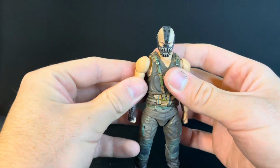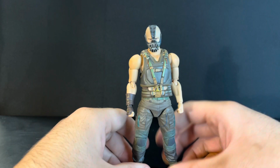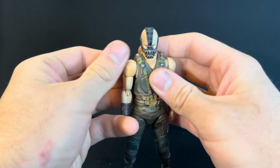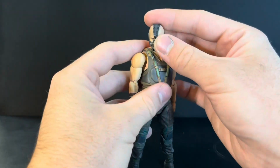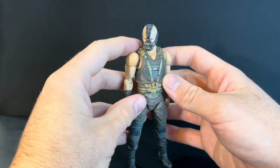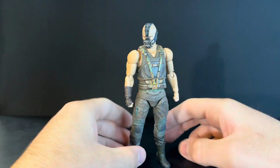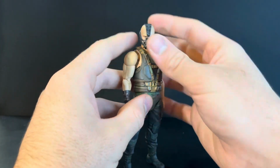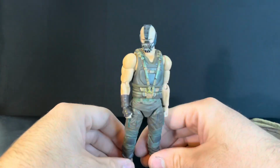And I did say in my last MAFEX video that I think some of the hate they get is undeserved. But it is deserved, you know, I mean, people spend a lot of money on these figures and they keep getting more expensive, so I understand. Now you got figures that are almost $150 before any type of tax or shipping or anything like that. But I think MAFEX knocks it out of the park for the most part, and I've always been really happy with their products. But anyway,